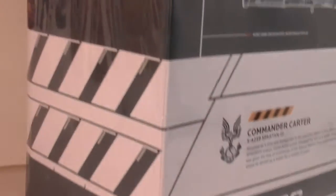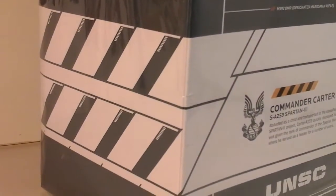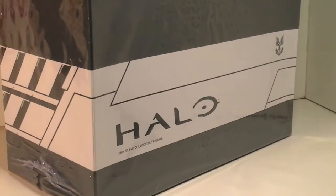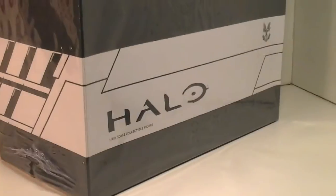Now, the side of the package is kind of plain. It just carries over that white and stripy motif there on that side, and then it's the blue up here at the top. And if we flip it back around, you'll see that that pattern continues on this side too, and that's pretty cool. And you can actually make out that little chain link fence design there a lot better. Now, I cannot wait to open this, so I say we waste no more time, and I say we